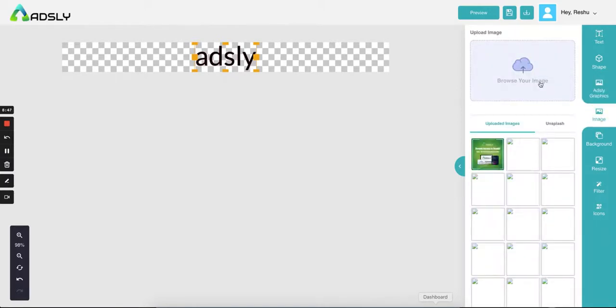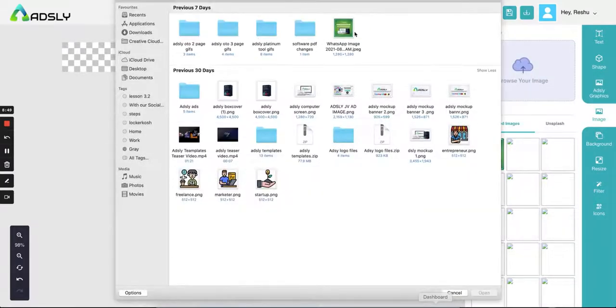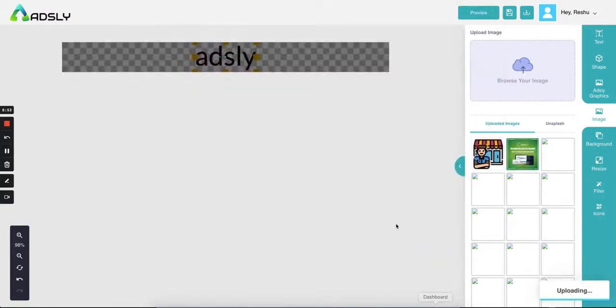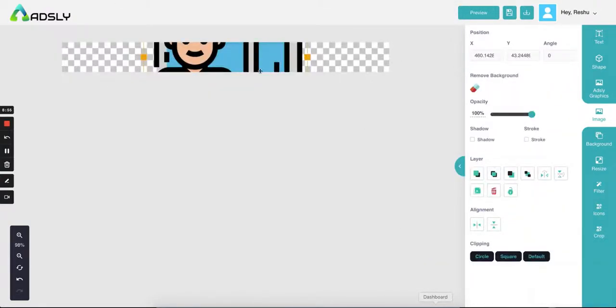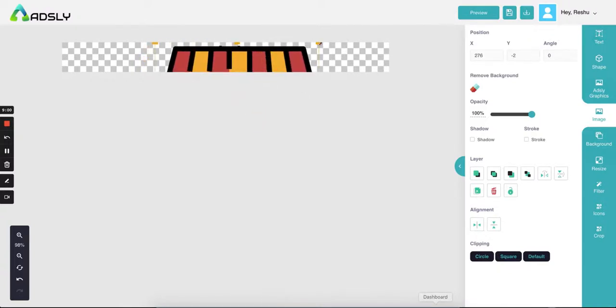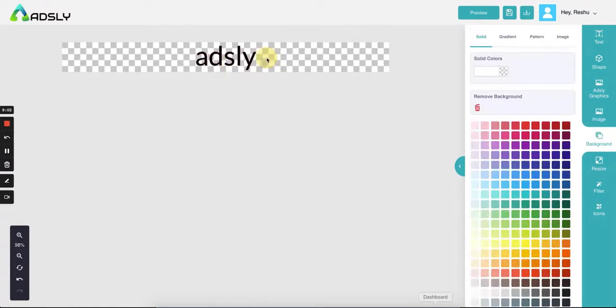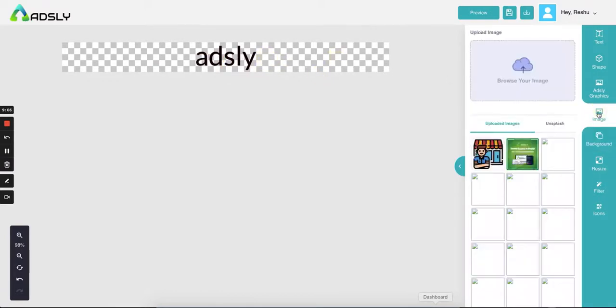Then from the image option, you can upload your own image. For example, maybe this. So first let's reduce the size of this image, or we can do one more thing. Before coming to the image options, I'll introduce you to the resize options.